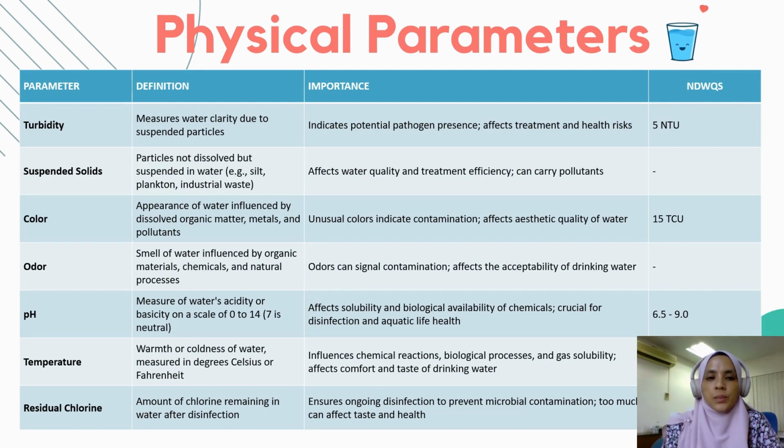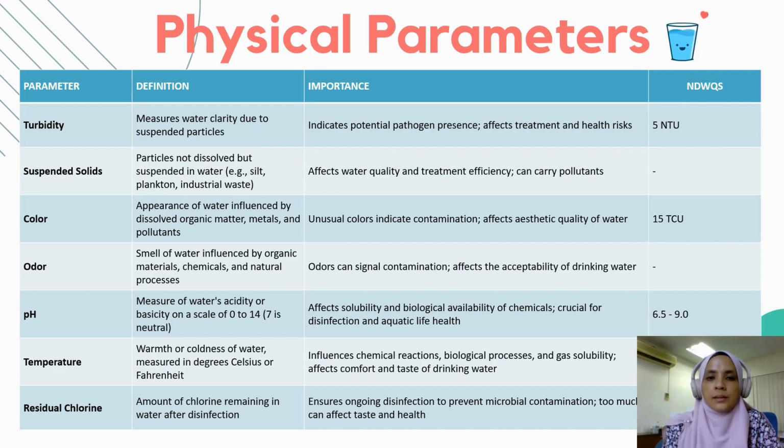The acceptable pH range is 6.5 to 9. And temperature, measured in degrees Celsius or Fahrenheit, influences chemical reactions, biological processes, and gas solubility. It also affects the comfort and taste of drinking water, with an ambient range of 25 to 28 degrees C